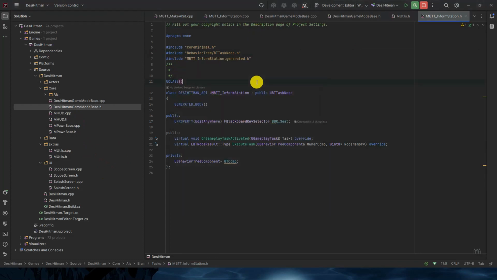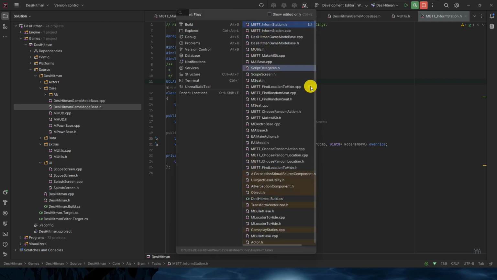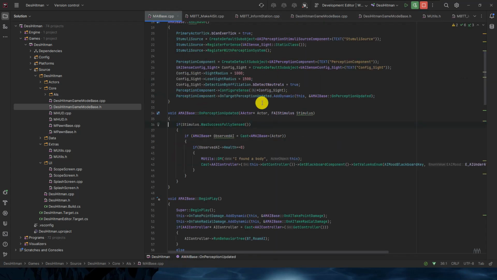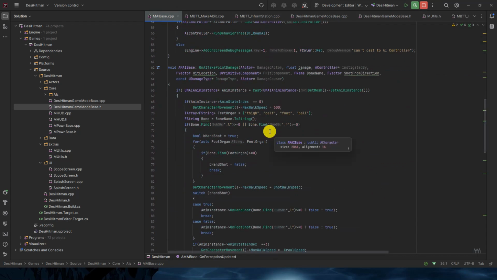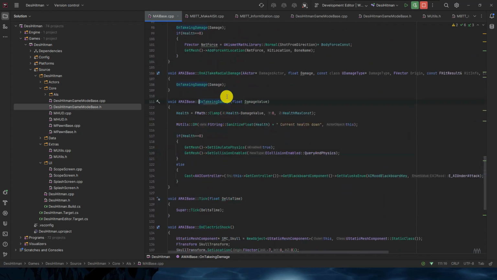Control P, AI base, sorry. In AI base, when we are doing the damage, we have a function called OnTakingDamage.